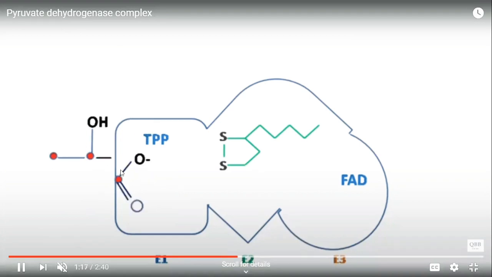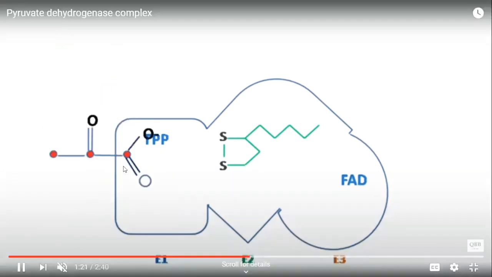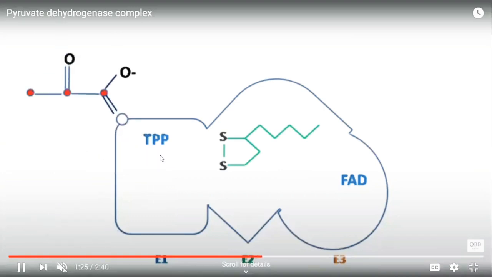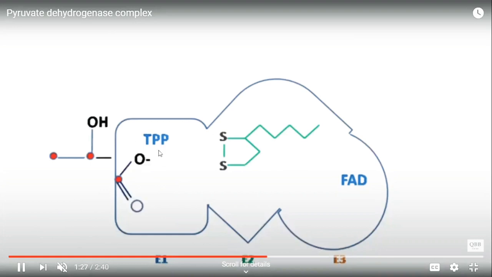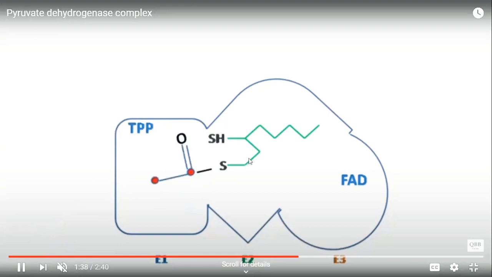The carboxyl group is removed in the form of carbon dioxide, and thiamine pyrophosphate is involved in the E1, okay, and then it will go to the E2 lipomide, then it will be reduced. This lipomide is reduced and thiamine will be free,